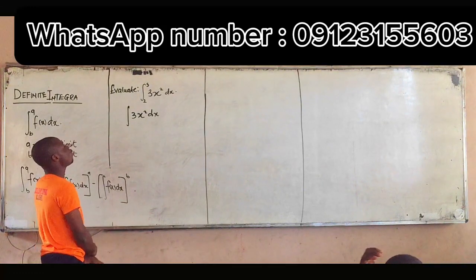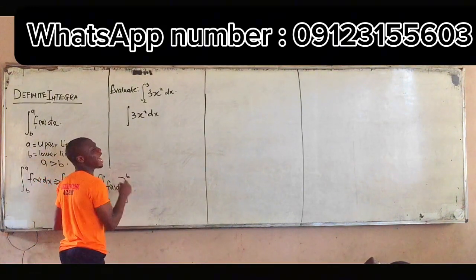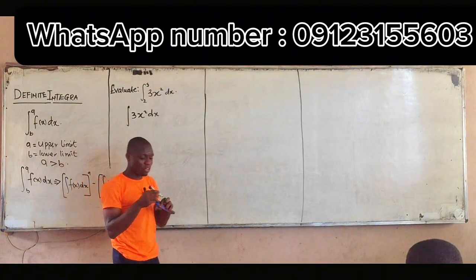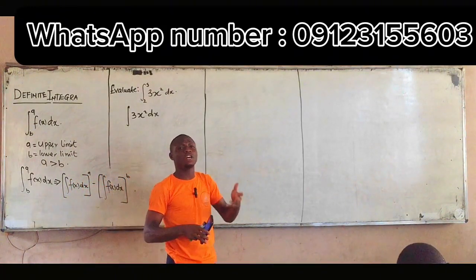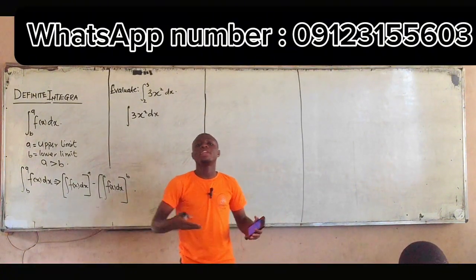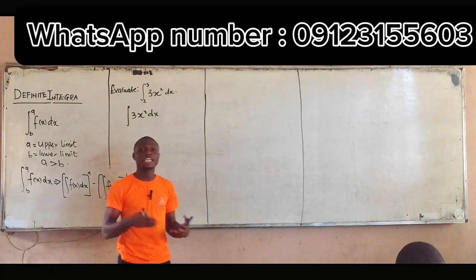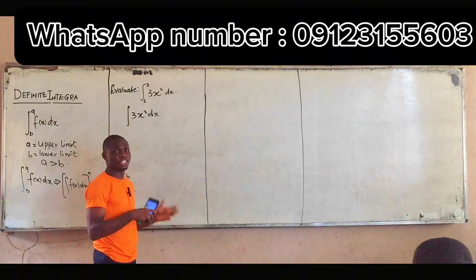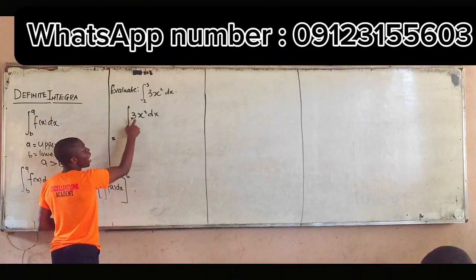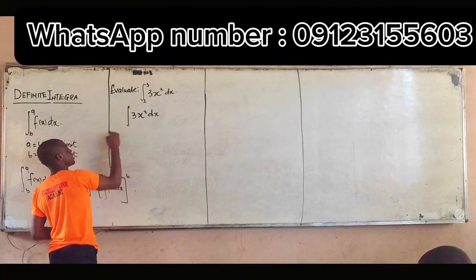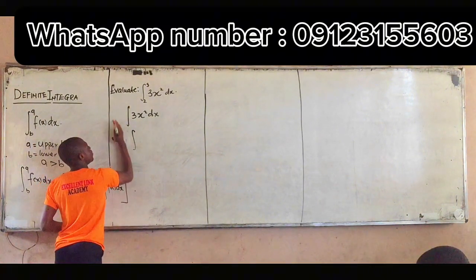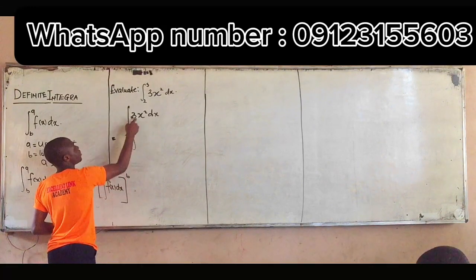True, right? So now look up. I'm going to solve this using the general method of integration. If you are not familiar with the general method of integration, kindly check the description of this video. I'll drop a link that will teach or explain the concept of the general method of integration. So for this case, what do you do here? I'll take the constant term 3 outside the integral sign. I'll have 3 times the integral of